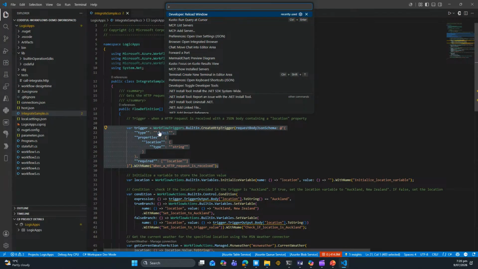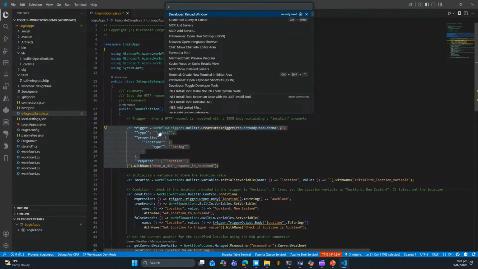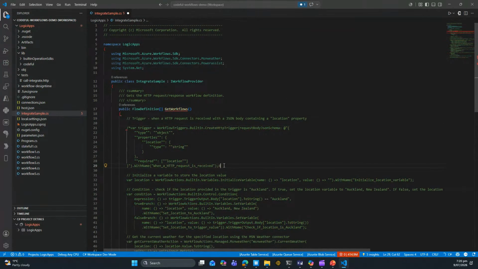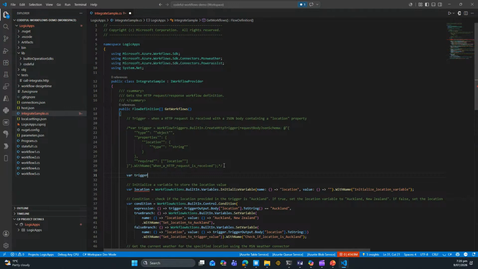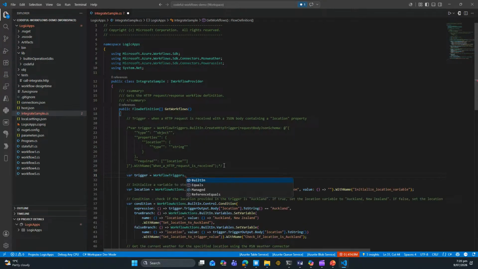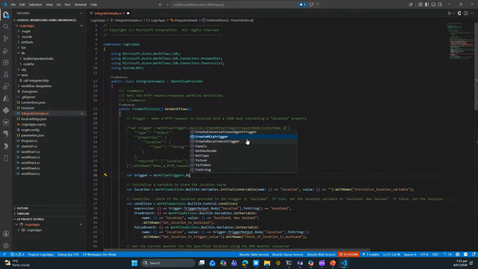And then just to show you a bit of that, let me, if I remember correctly, comment. I'll do it wrong, the old way. So I'll just put this. So if I have my trigger, workflow triggers dot, and then I have built-in or managed, right? So built-in are all those out-of-the-box ones, HTTP, recurrence, right? So if I select built-in, you can see I have a conversational trigger, HTTP trigger, a recurrence trigger. Or if I use managed,